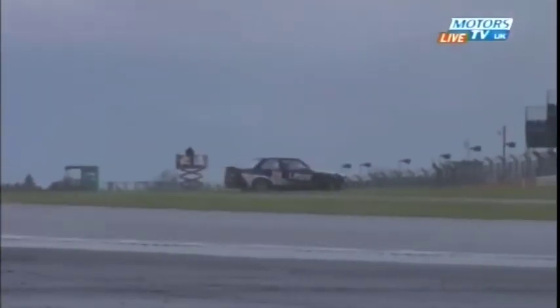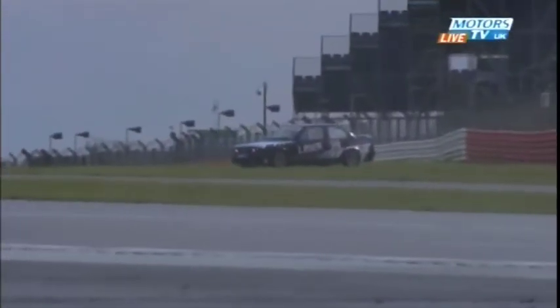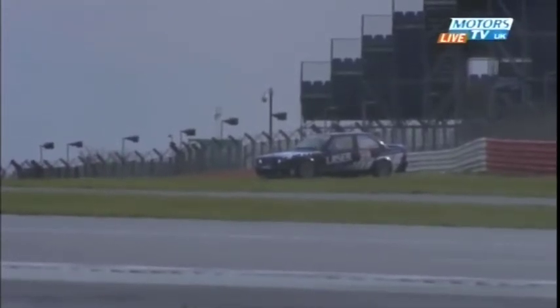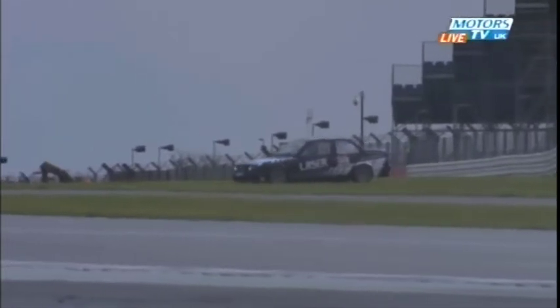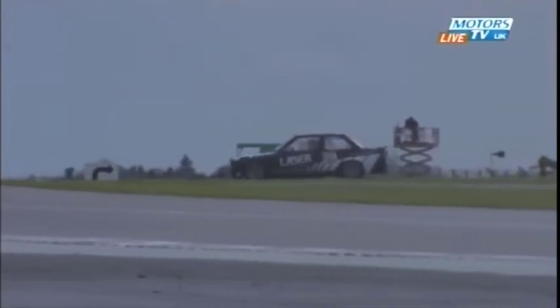And that, I'm afraid, is the end of the challenge for third place. It skates across the grass, and that grass is so wet. Once you hit it, you are a passenger. Yeah, definitely. So he's done a good few 360s there. He'll be absolutely fine, but a little bit miffed with himself. He's now wheel spinning like crazy to get back onto the track again. So look for traction a little bit as we gain grip, back onto the tarmac again,